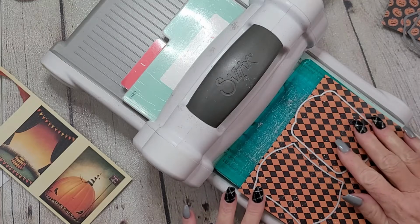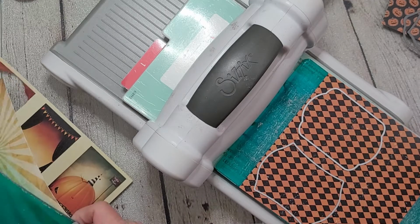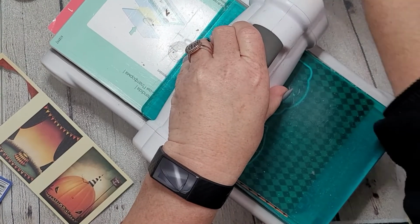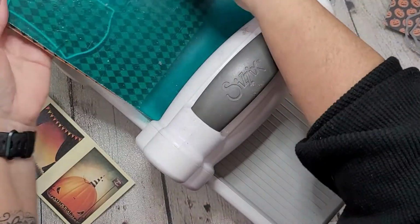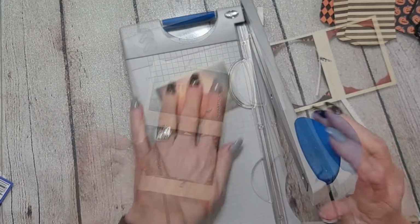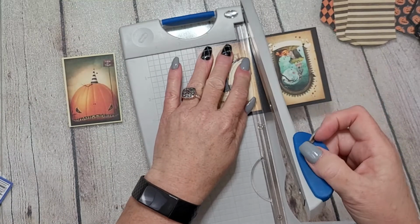I started making some frames and cutting out some background dies or background shapes with the fun frame dies. This is the ATC, nope, hang on, I want to give you the right name. ATC Antique Frames die set. And I love these frames. Obviously they're specifically sized for ATCs, but they can be used for lots of different purposes. So I cut some of the images out with the frames, I cut some backgrounds out with the frames, and then there are these 2 of the images,